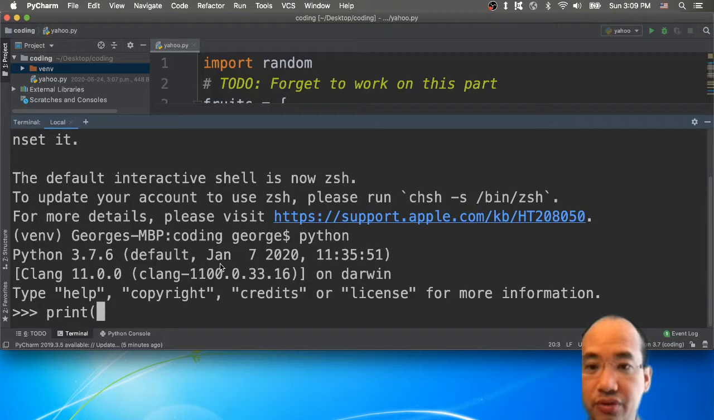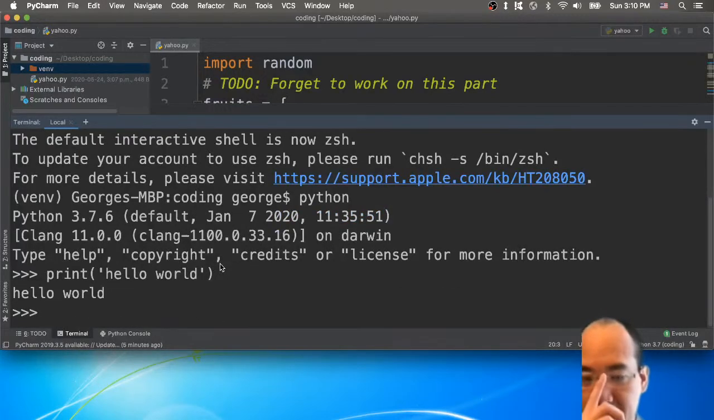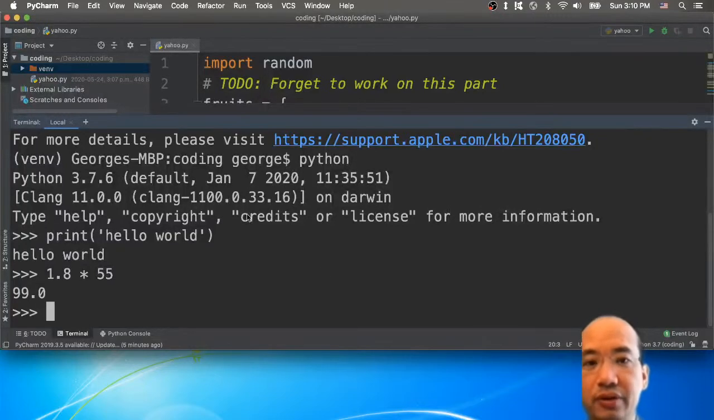So you just do print hello world. And personally, I use it just as a calculator. For example, when I want to do some calculation, I would just say, for example, 1.8 multiplied by 55. It will show you the answer, but it's using Python code. Sometimes I use this as the